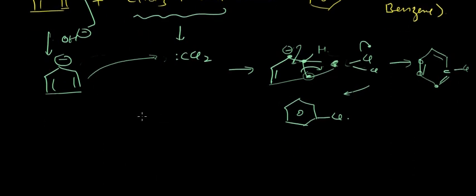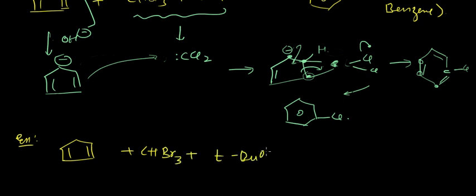Okay, so let us take some examples on the same concept. So we have something like this, where we have this compound and we have CHBr3 in the presence of tertiary butoxide or tertiary butanol, and we are heating it. What would be the product formed in this case? Again, the tertiary butanol will act as a